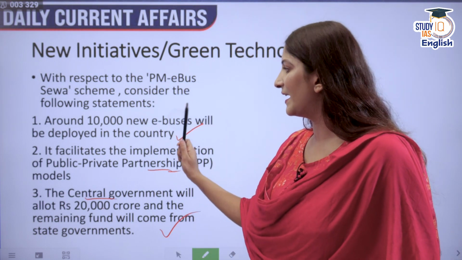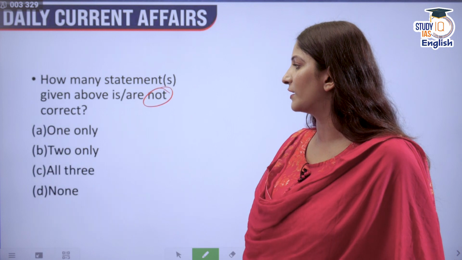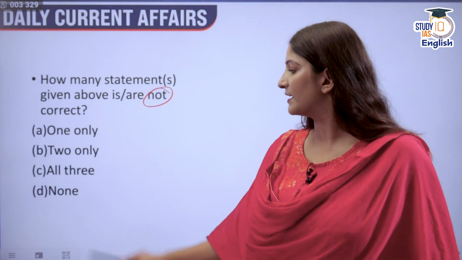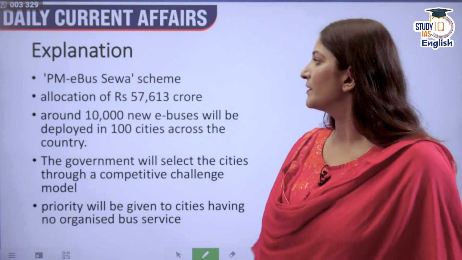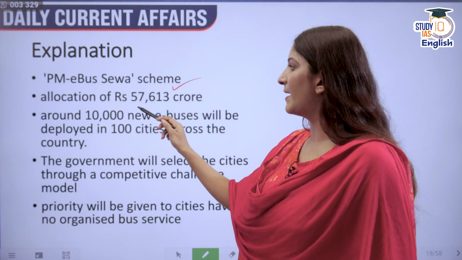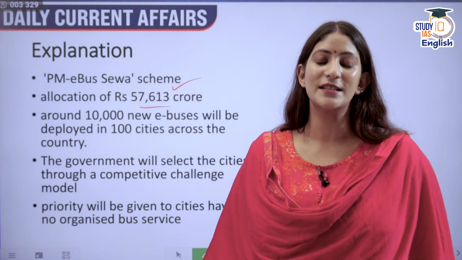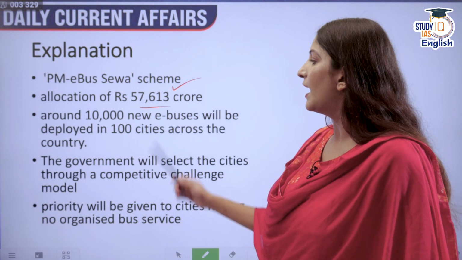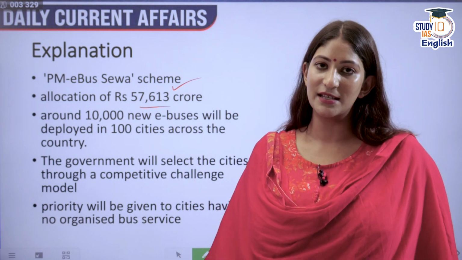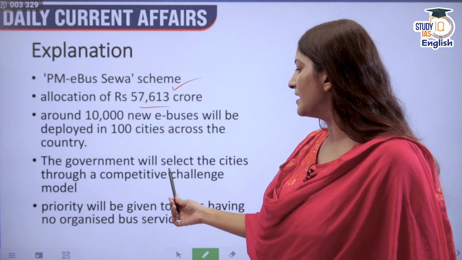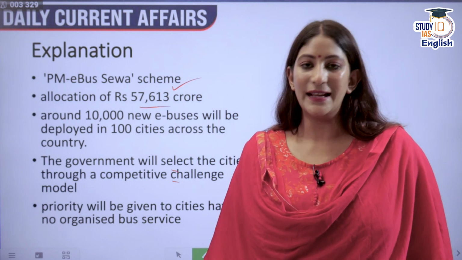So first is correct, second is also correct, third is also correct. How many are not correct? None are not correct because all are correct. So the PM e-bus Sewa scheme has an allocation of 57,613 crore. Around 10,000 new e-buses will be deployed in 100 cities that will be selected by the government through